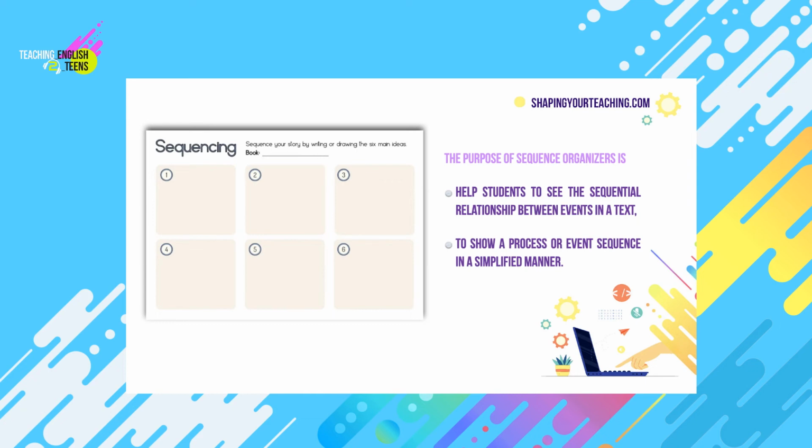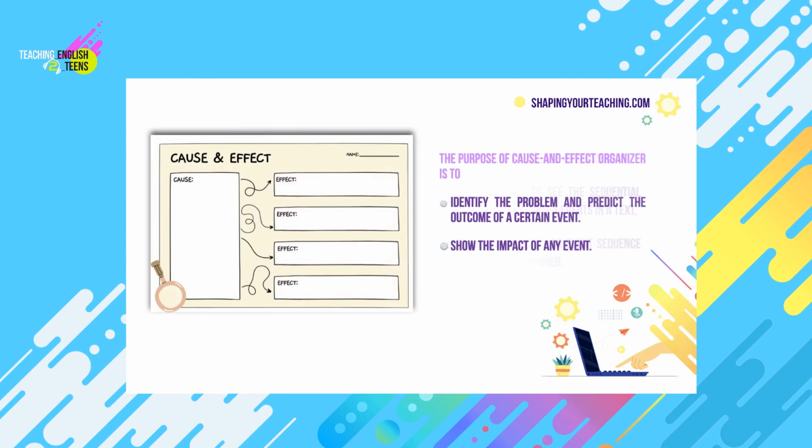Depending on level, you can vary from simple organizers to more complicated ones. It could be as simple as a first, next, then, finally graphic organizer, or it could lead to identifying the problem and finding a solution. The cause and effect graphic organizer, also known as fishbone diagram, helps to figure out the causes and effects of certain events. The way to use it is to start with a main event, which fills the main central section